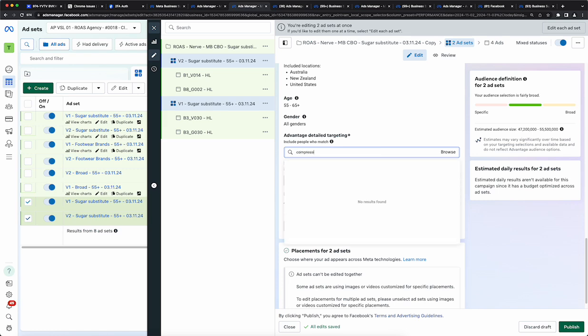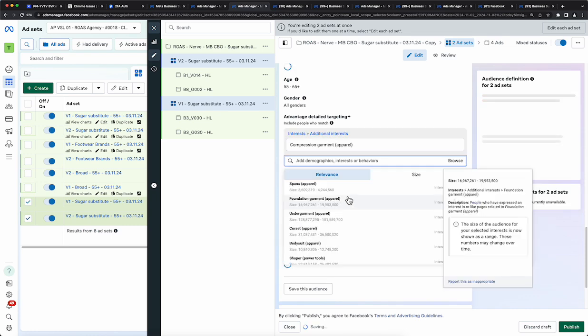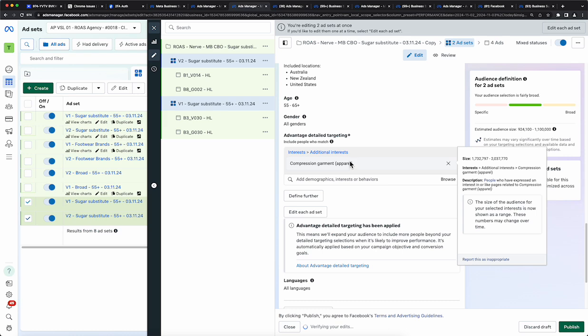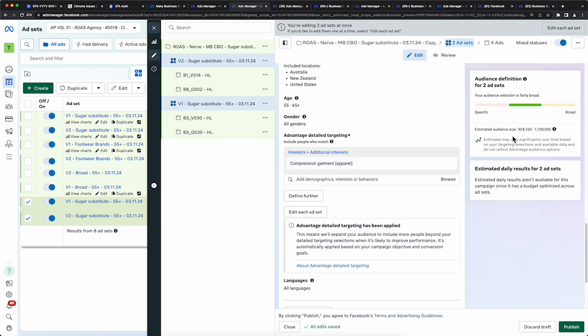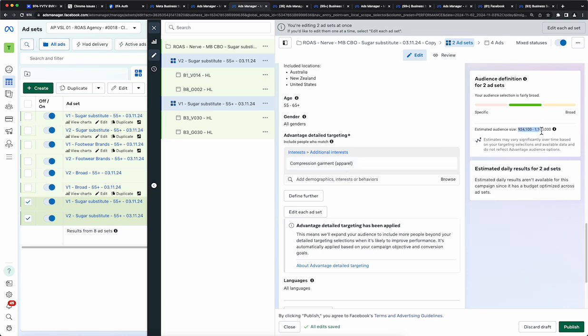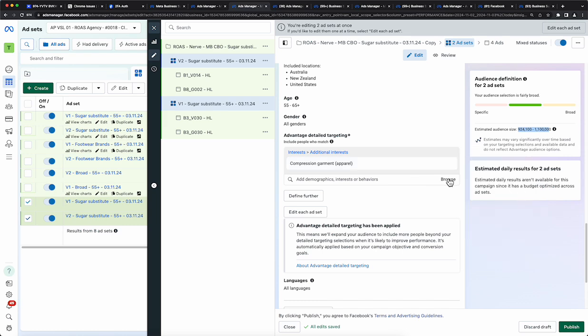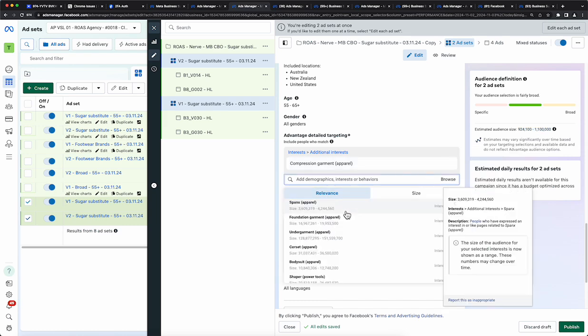So I know there's compression garments because I've run it as weight loss before. So there's compression garment. And it's sort of like, yeah, look at that. So it's quite a small audience anyway, though. 924 to 1 million. So half of the audience size is in this 55 plus demographic, which is interesting because when you look,